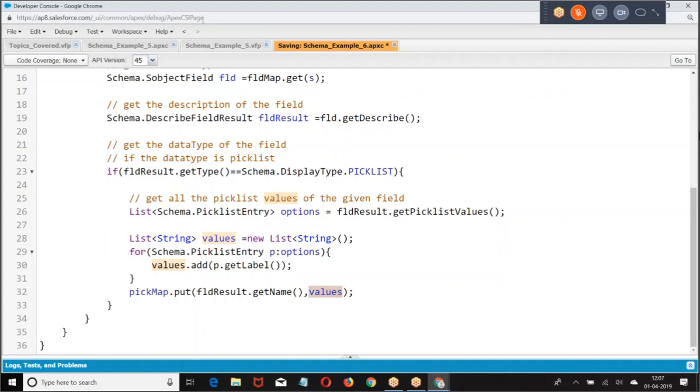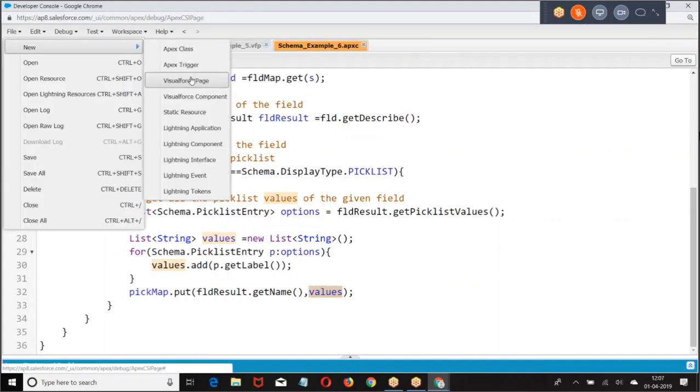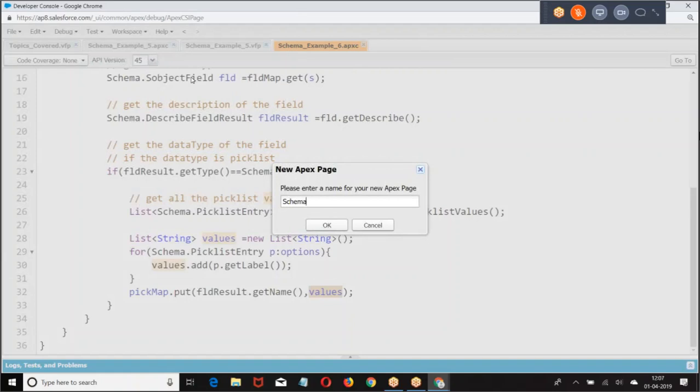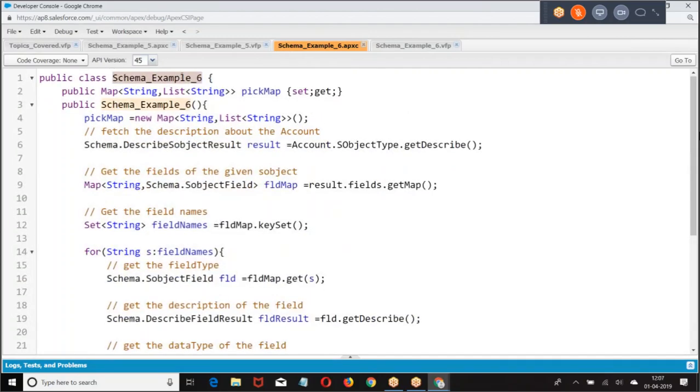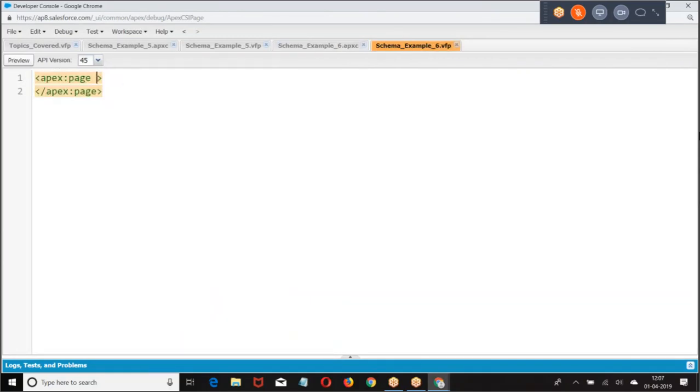First, let me show the output. I'll come back again to the same program. If you want to build any product level development, schema is very important. If you're building a product level implementation, this is important. Service level, you don't get a choice to work. But when you're going for product level development, this is going to be very helpful to you.